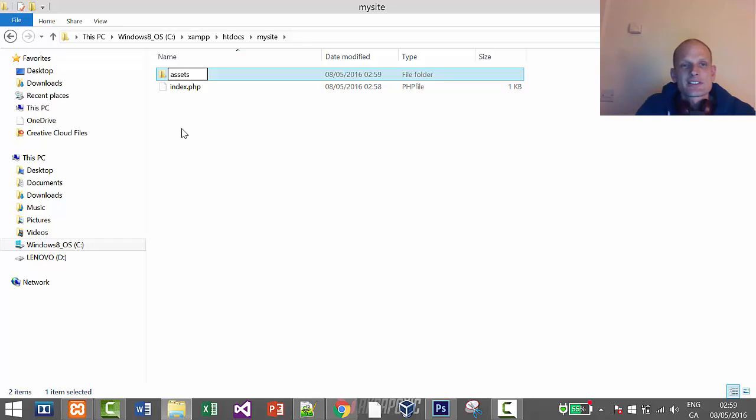I call it assets, and in my assets directory I always create and store images. I create another directory for images, and style sheets I always store in the assets directory. So I created the assets directory, and that's where we will create and put our style sheet as